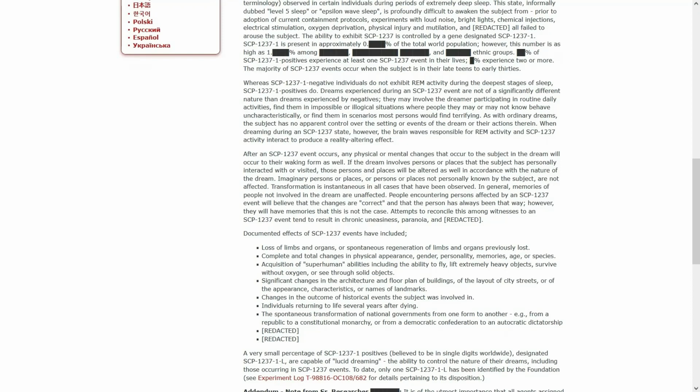Whereas 1 negative individuals do not exhibit REM activity during the deepest stages of sleep, 1 positives do. Dreams experienced during a 1237 event are not of significantly different nature than dreams experienced by negatives. They may involve the dreamer participating in routine daily activities, finding themselves in impossible or illogical situations where people they may or may not know behave uncharacteristically, or finding themselves in scenarios most persons would find terrifying. As with ordinary dreams, the subject has no apparent control over the setting or events of the dream or their